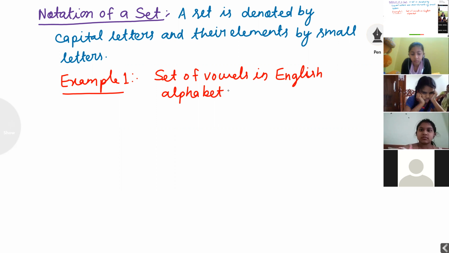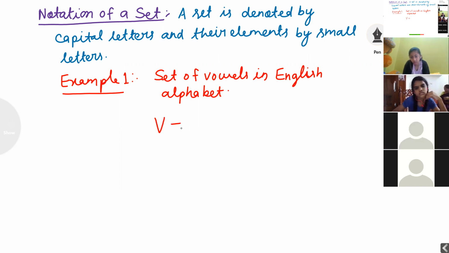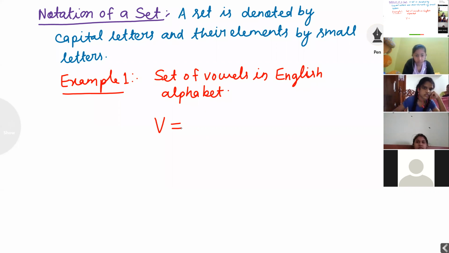Listen carefully, students. I want to represent the set of vowels in English alphabet. Now vowels starts from V. Then capital V is equal to, set name is V, and elements I want to write in small letters. But always elements I will write inside curly brackets.